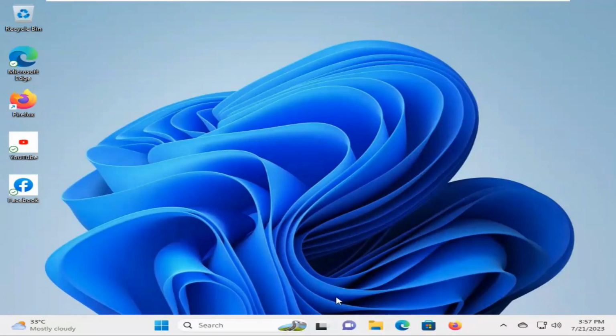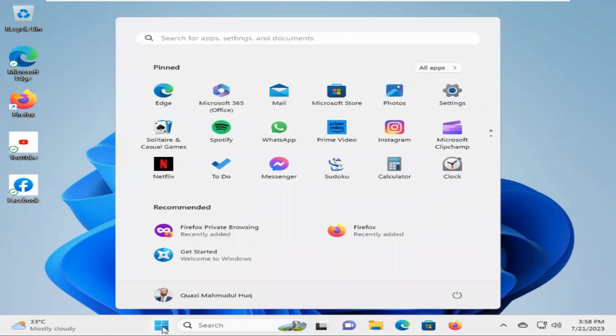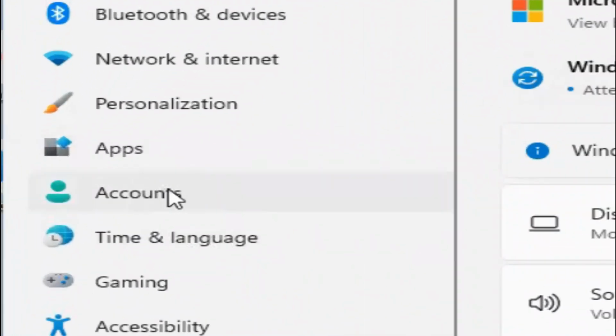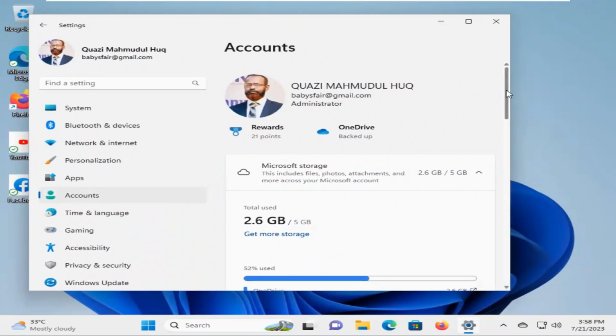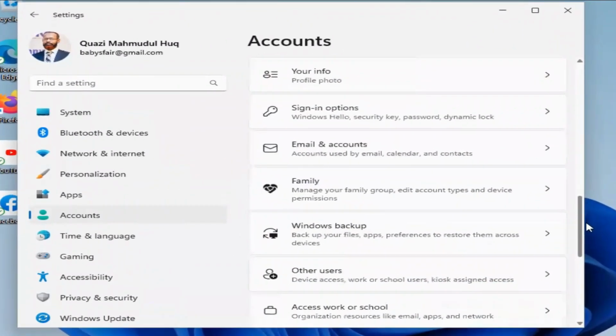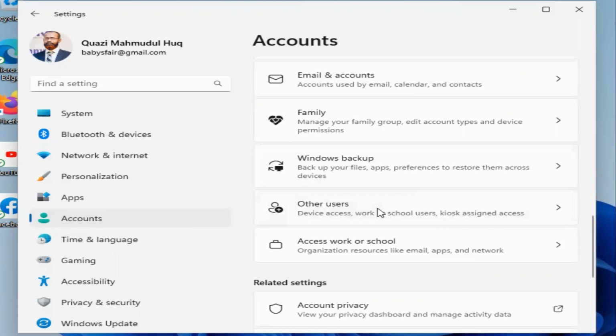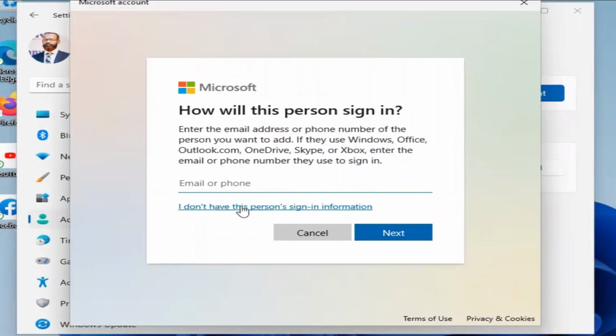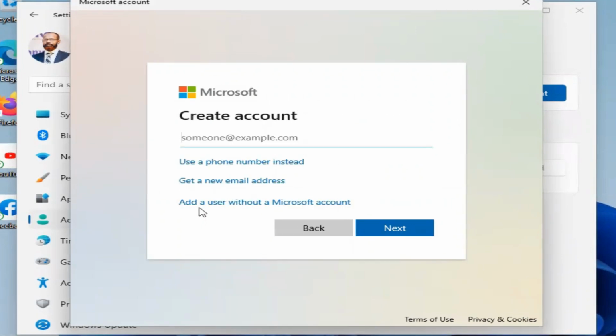In this video, I am going to show you how to create a Windows 11 local account without a Microsoft email. Click on Start menu, click on Settings, click on Accounts, scroll down, click on Other Users, click on Add Account, click on I don't have this person's sign-in information, click on Add